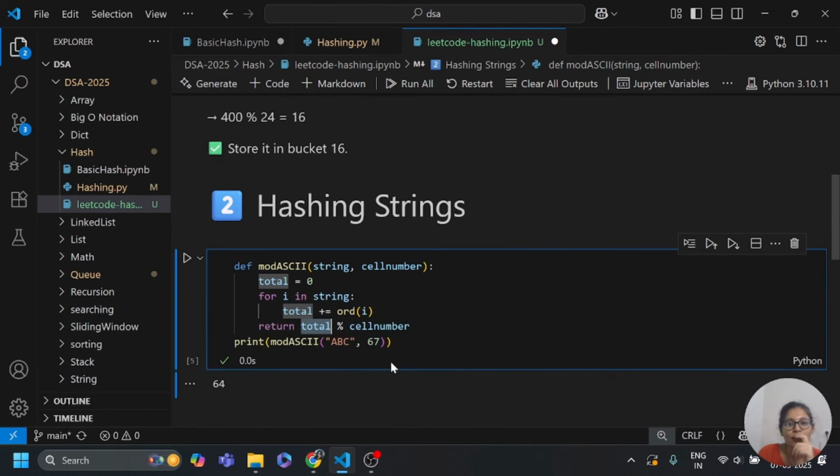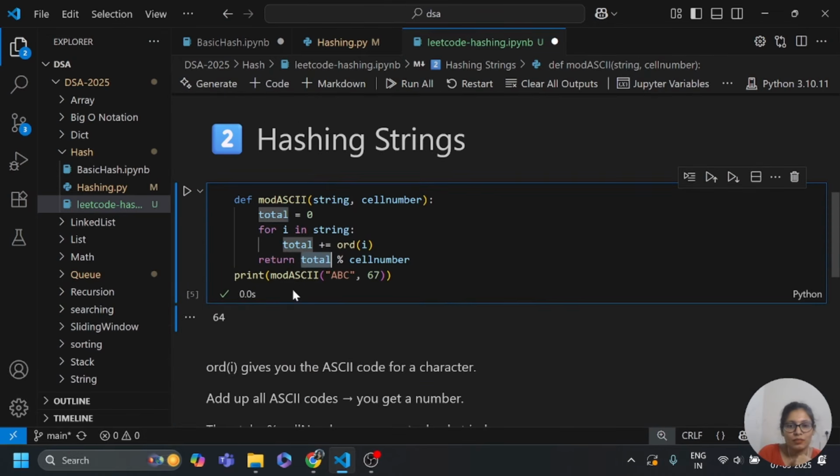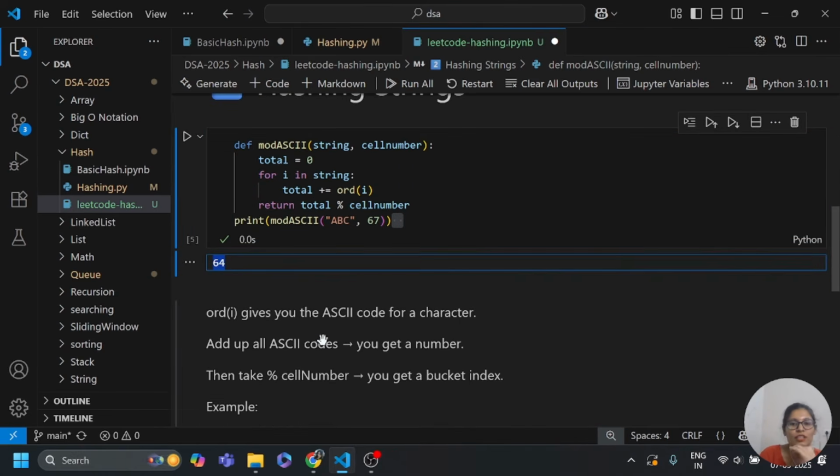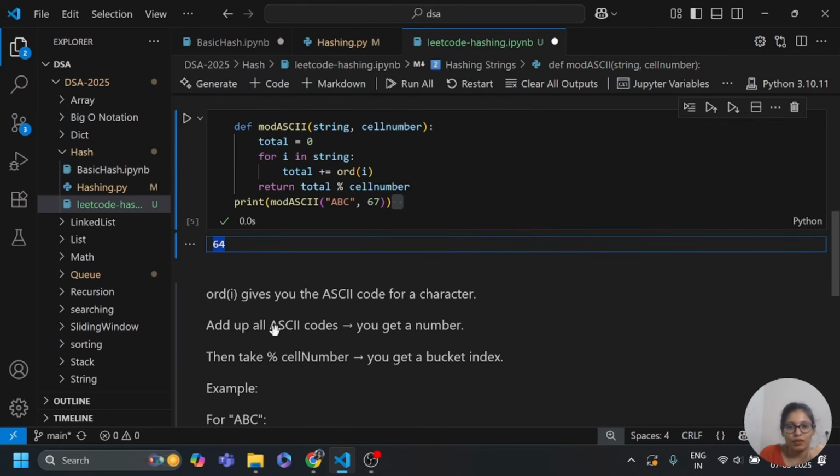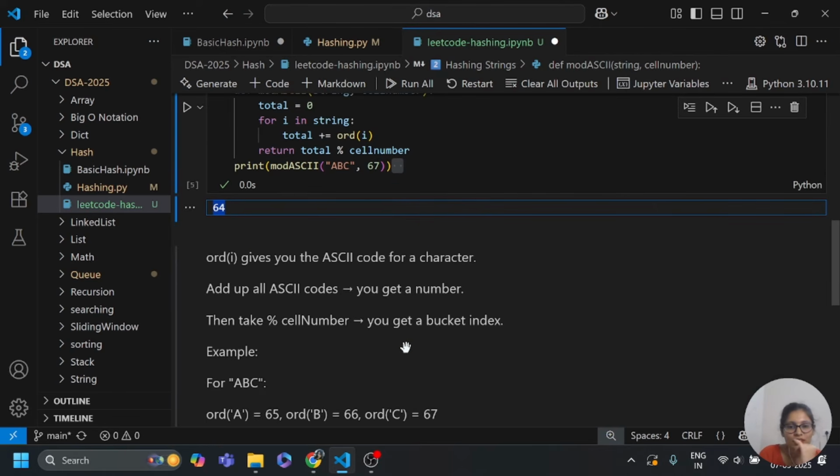Here we are going to print mod ASCII string comma integer. So we got 64. Here you can see ord gives you the ASCII code for a character. Add up all ASCII codes, you get a number. Then take percentage cells number, you get a bucket index.